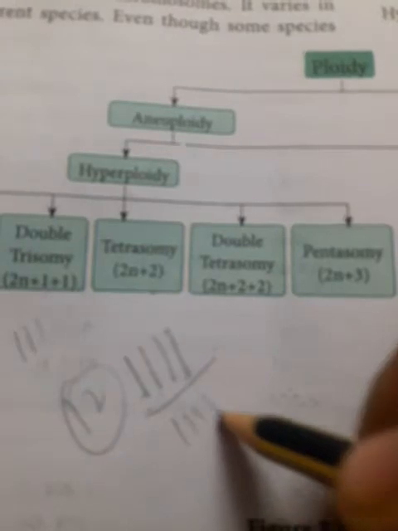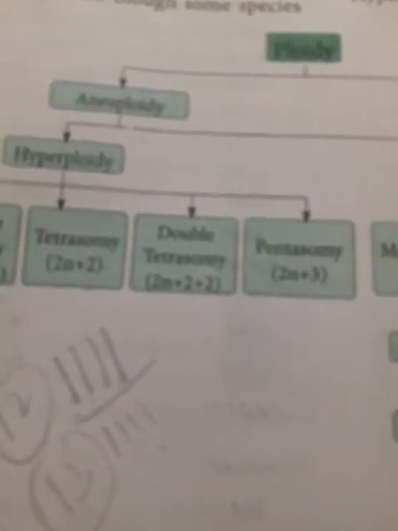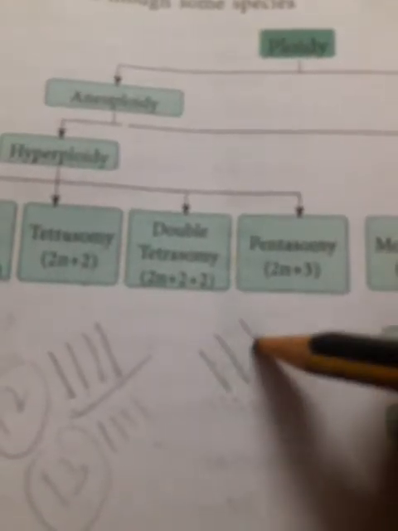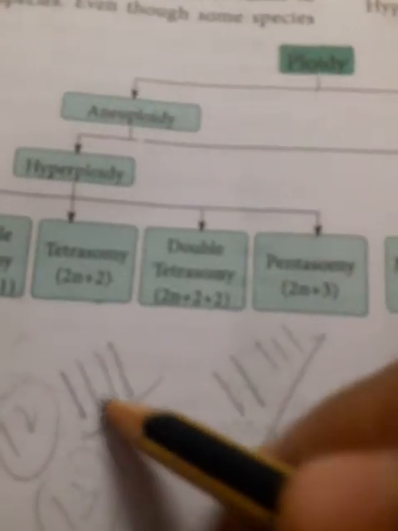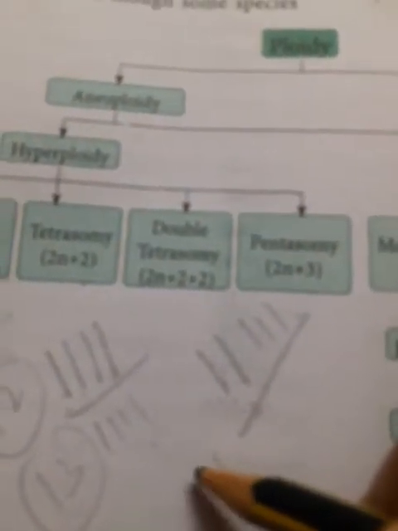Double tetrasomy: suppose chromosome number 12 and chromosome number 13 are both present in 4 sets. Two chromosomes are present in 4 sets each, which is why it is called double tetrasomy. Pentasomy is when one chromosome is present in 5 sets, so along with the diploid set, 3 are added, making 5. For tetrasomy, with the diploid set, 2 are added. You should know that you cannot add 2 when 2 are already there and again call it 4; then it would be 6.